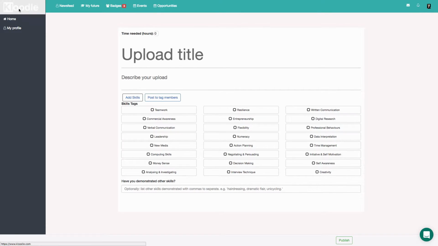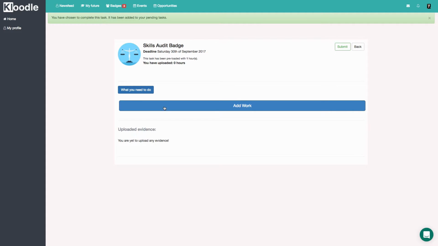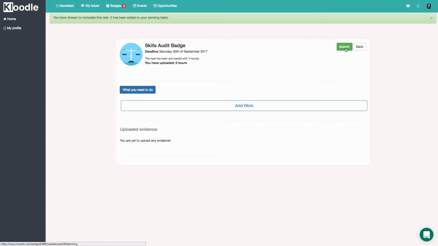Once they're happy with it, let's just go backwards. Once they've added that work and they're happy with it, they can click submit. And once they click submit, you as a member of staff will be able to view all the students who click submit in your badges